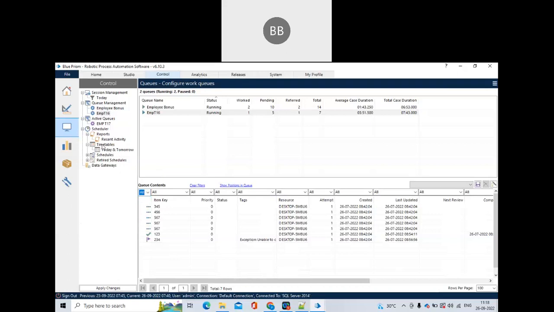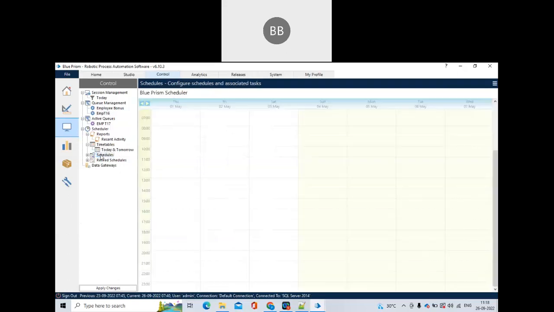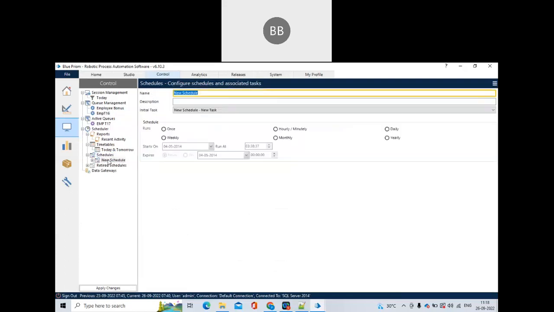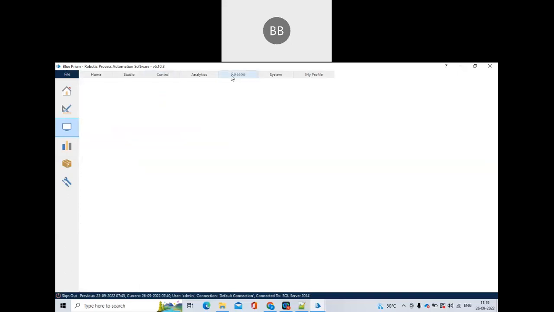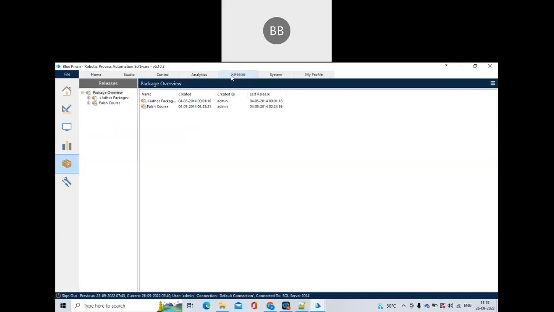And here we have the scheduler, where we can schedule the process so that it gets triggered automatically. While scheduling the process, we need to give a name and assign a task to it, and under the task we need to declare a process inside it. We need to provide the frequency and start time, so that at that particular time, based on the frequency, the process will be triggered automatically from the scheduler. Another important thing is the release tab,